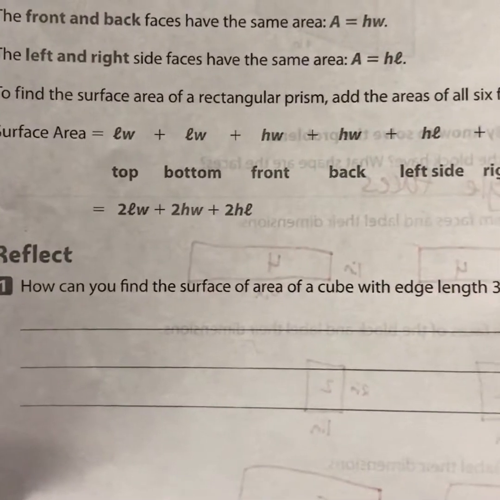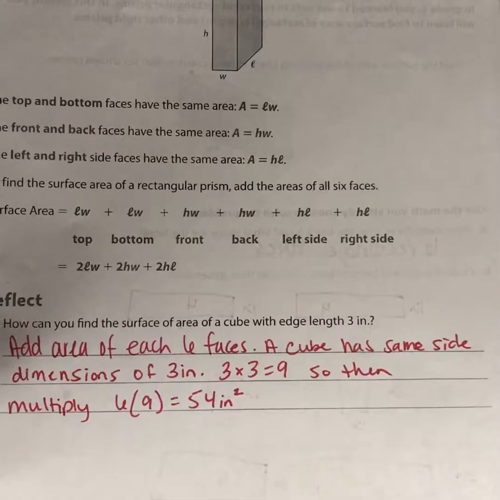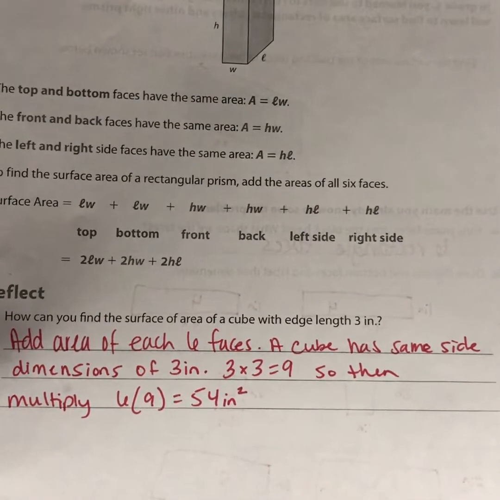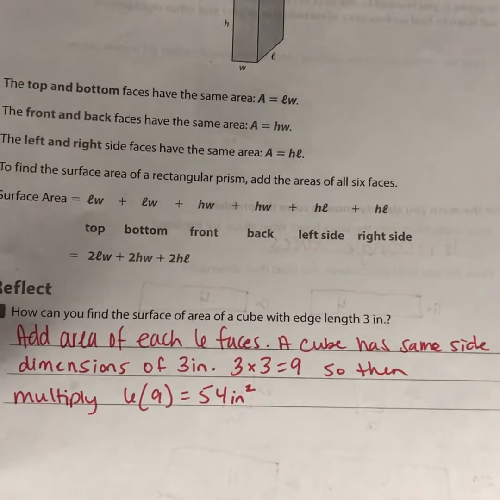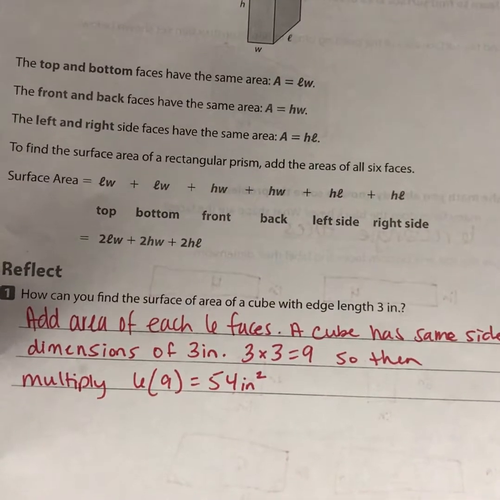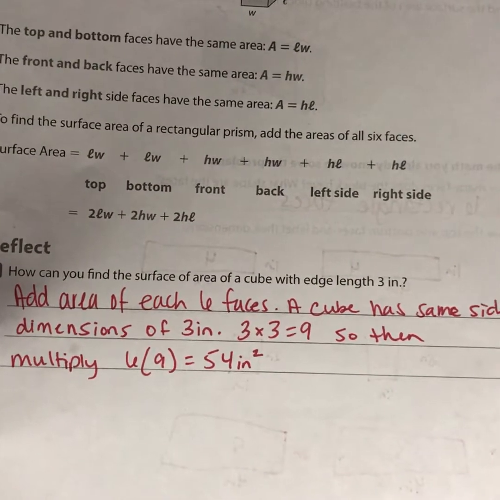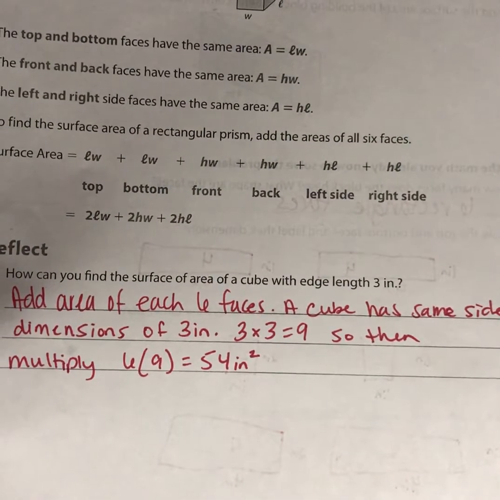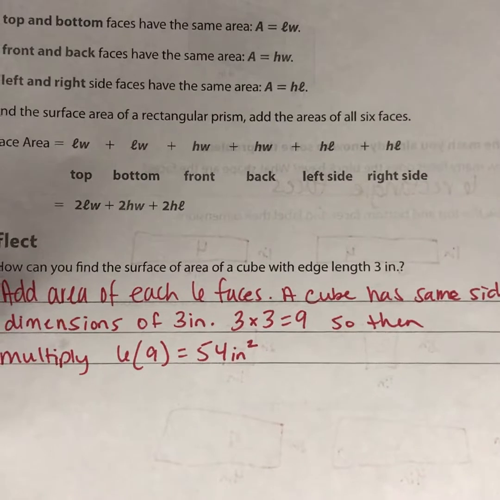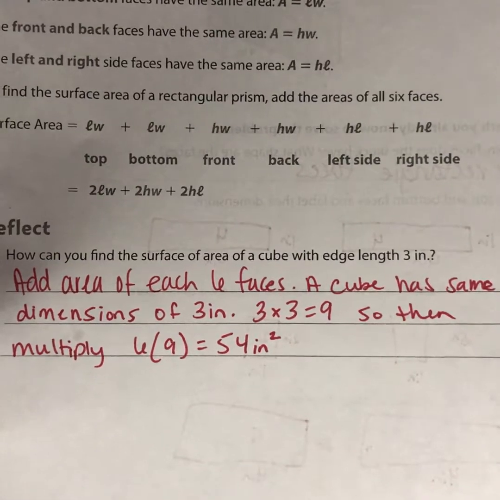How can you find the surface area of a cube with edge length 3 inches? Since we know that a cube is basically a 3D square, the dimensions given are all going to be 3. So what we need to do is add the area of each of the 6 faces of the cube. A cube has the same side dimensions of 3 inches. So the area for one face would be 3 times 3 equals 9. So 9 equals one area, and there are 6 faces, so we would do 6 times 9 equals 54 inches